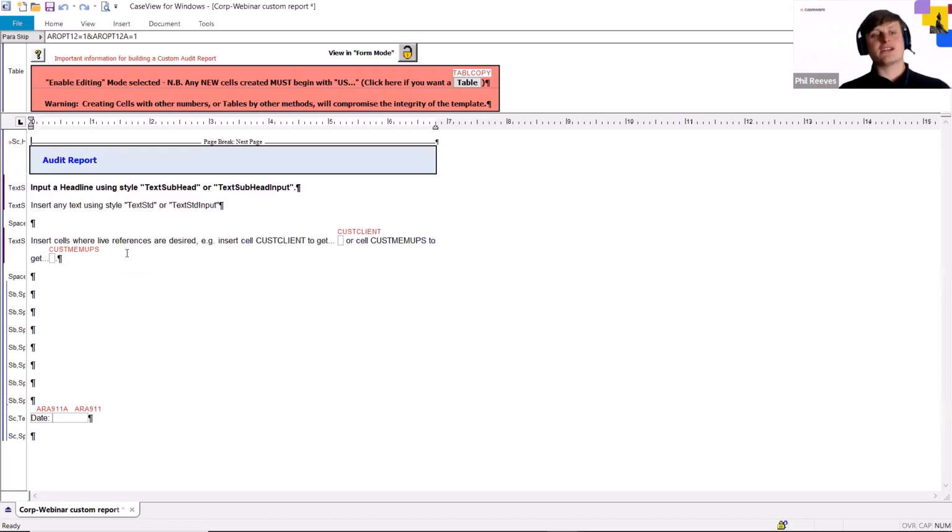An important thing I want to touch upon is just this section below where we've got space, and then we've got all of these hard returns here. One important aspect whenever creating a custom report is that we do not delete these areas. These will contain the signature section at the bottom of our custom audit report, which will populate directly from the wizard. So when we go through in the wizard, we go to our auditors section,